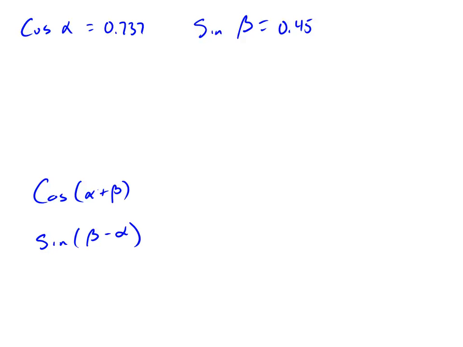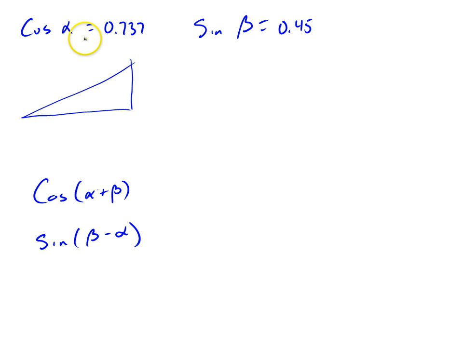All right, here's another one that's been asked. They tell you that alpha and beta are first quadrant angles. They give you the cosine of alpha and the sine of beta. Because they're in the first quadrant, I know that sine, cosine, tangent are all going to be positive. So in particular, there's a couple ways I can think of this, but generally the way I do it